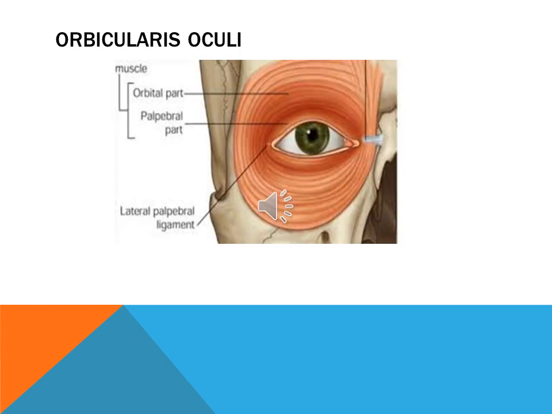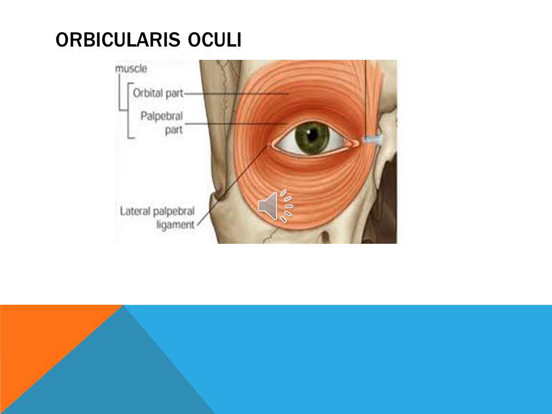This is the diagram showing the striated muscle arrangements in the eyelids. This is the orbital portion, which extends from the medial palpebral ligament upward in an ellipsoid fashion and arches over the palpebral portion and touches the superior orbital margin and comes to the lateral palpebral ligament. And this is the lower portion, the palpebral portion, which has the preseptal portion and the pretarsal portion, and all are in the ellipsoid shape only. They all extend from the medial palpebral ligament to the lateral palpebral ligament, both inferiorly and superiorly.